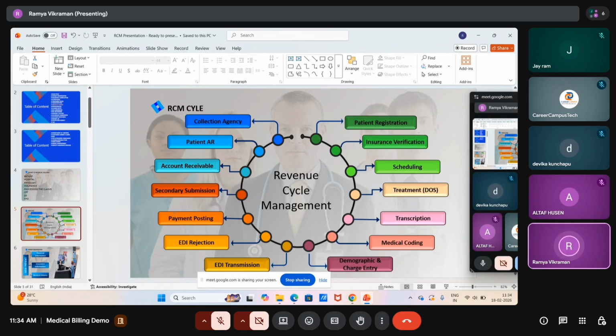If any claim does not receive payment, it will be followed up by the account receivable team. A patient can hold two types of insurance: primary insurance and secondary insurance. Primary insurance will pay, and some contribution will need to be taken care of by the secondary.